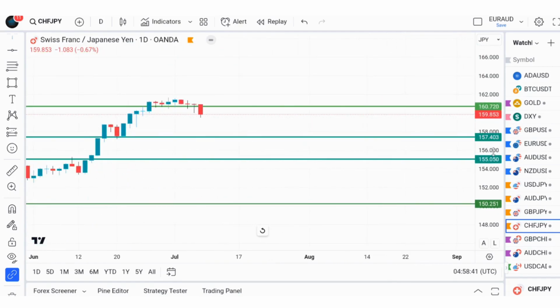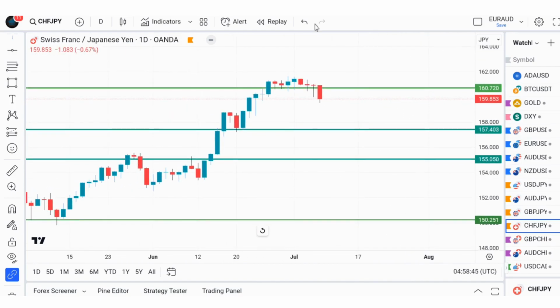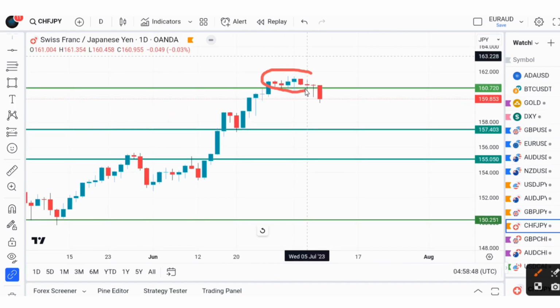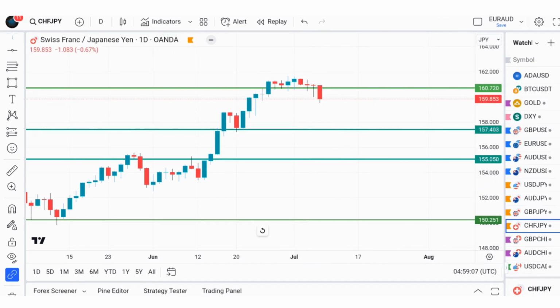guys, because the buyers have lost their momentum here. As you can see, the buyers have actually lost their momentum here, and the sellers are coming in gradually. So here we might actually see a move to this area before buyers come in fully, or this 155050. But first thing this week is I'm selling CHF JPY, and then my stop loss will be above this week's buyers right there. Then I'm actually looking for a move to 15043. If you break this level, looking for a move to 155050.